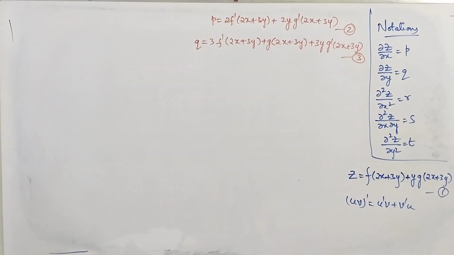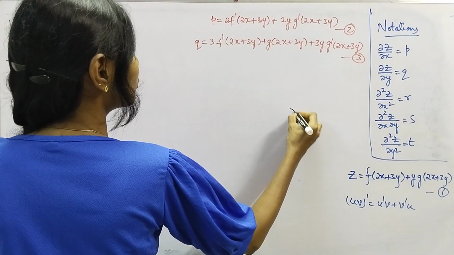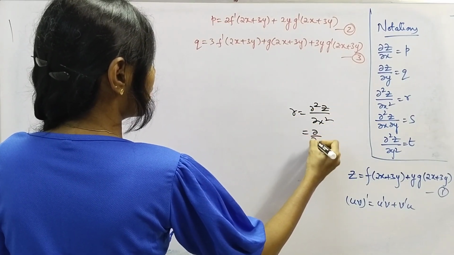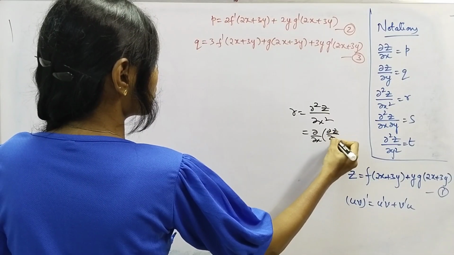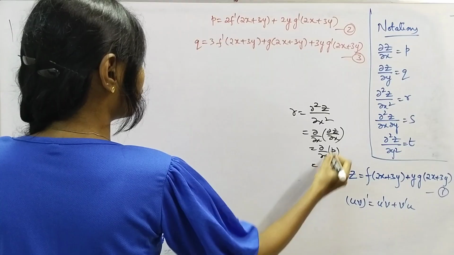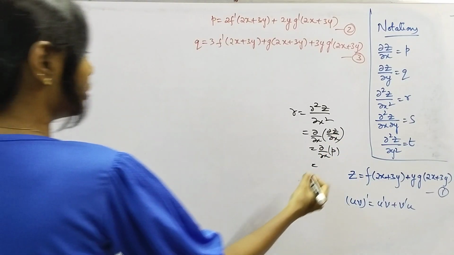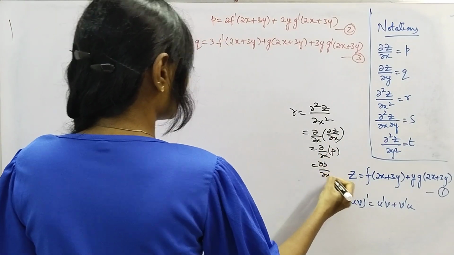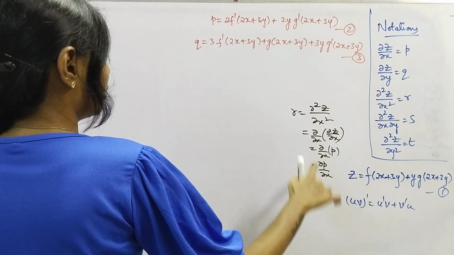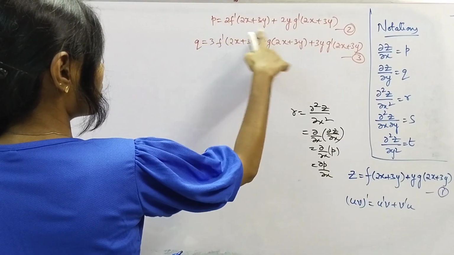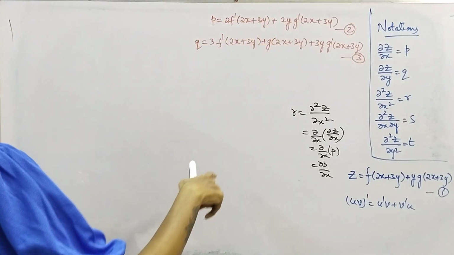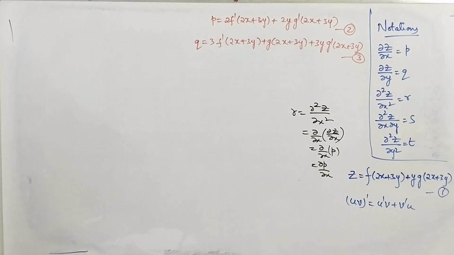We know that r is nothing but dou square z by dou x square, or we can write this as dou by dou x of dou z by dou x. Since dou z by dou x is nothing but p, right? Or we can just replace it by the notation p. So partial derivative of p with respect to x gives r. Just pick the equation involving p. This is the equation involving p. Now partially differentiate it with respect to x to get the equation involving r. Okay,